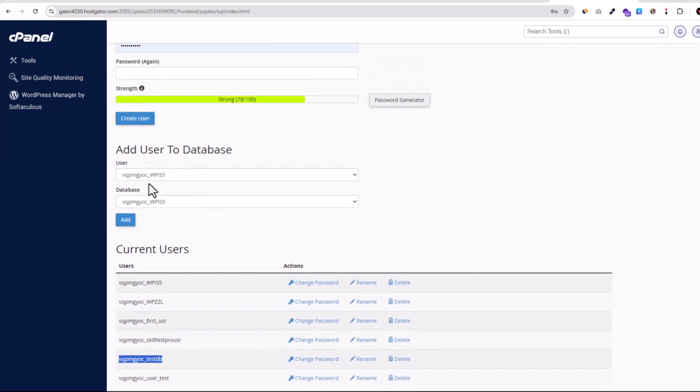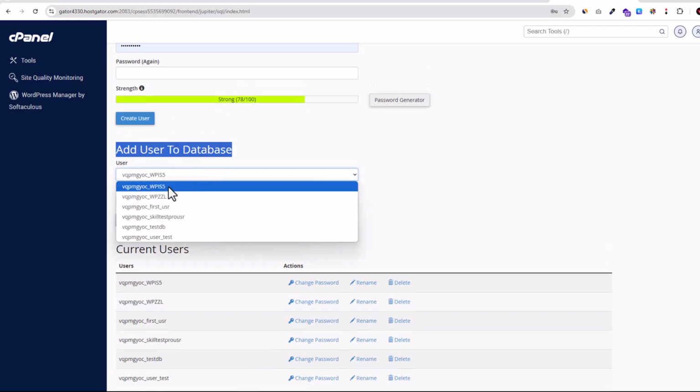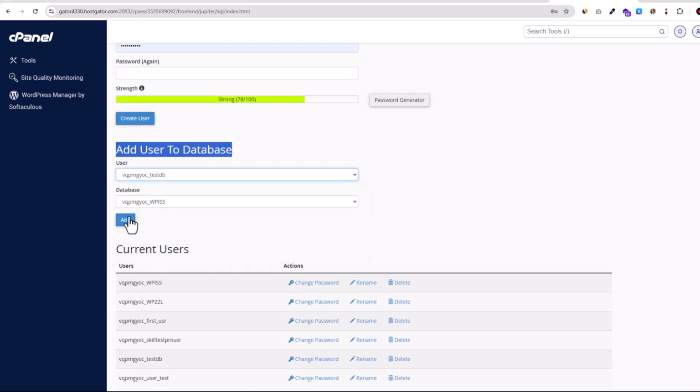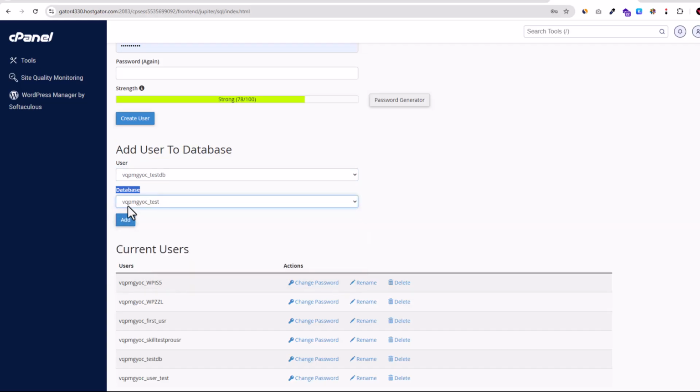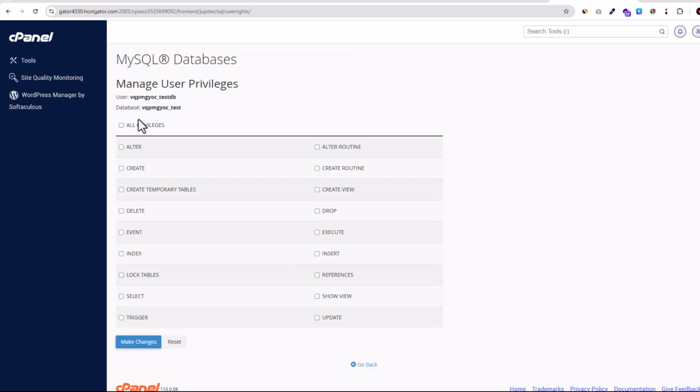So like I mentioned, now we need to add the user to the database. So we created a user which was VQPMGYOC and underscore testdb, and we need to add this user to this database, and the database we called test, as you see, VQPMGYOC underscore test, and we click here add, and now it will prompt us to add privileges or permissions, what